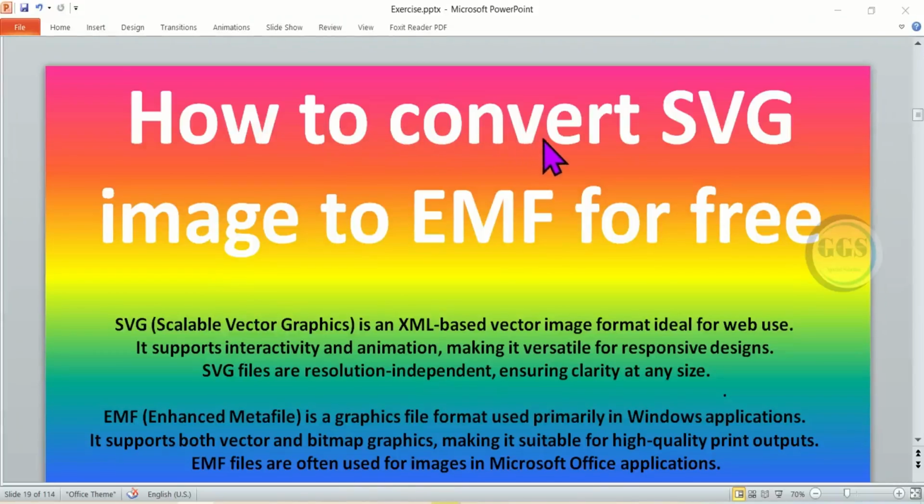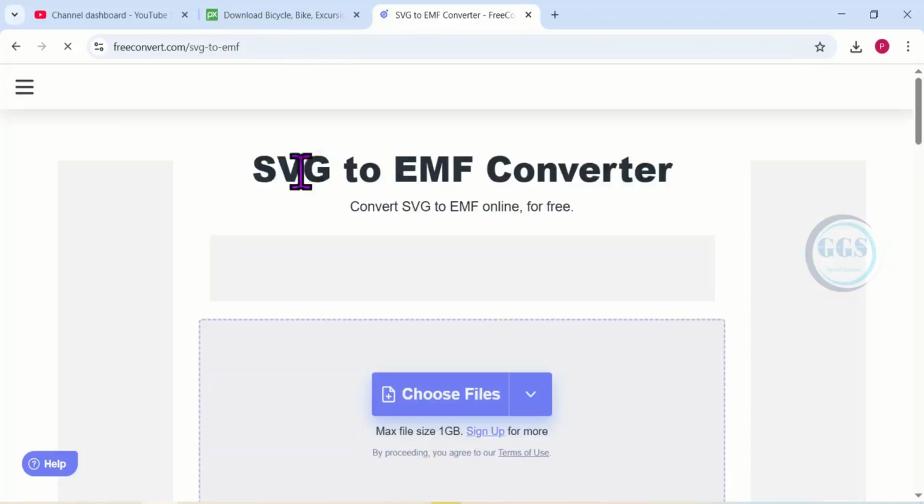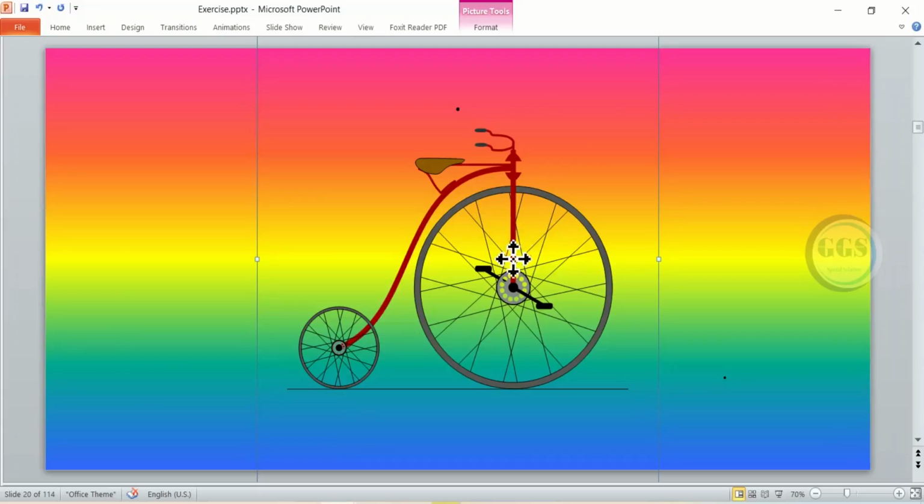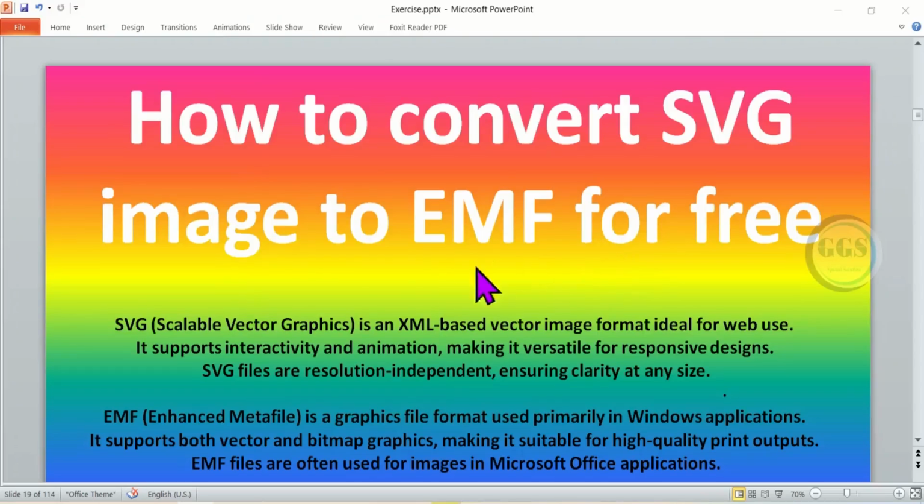In this video, I want to show you how to convert SVG image to EMF for free. The SVG stands for Scalable Vector Graphics and is an XML based vector image format ideal for web use. It supports interactivity and animation, making it versatile for responsive design, whereas the EMF, which stands for Enhanced Metafile, is